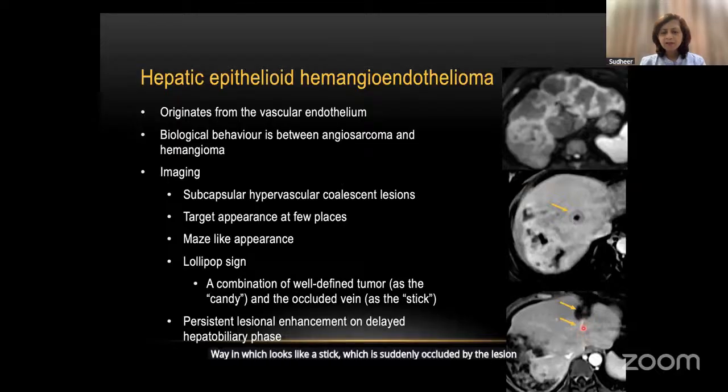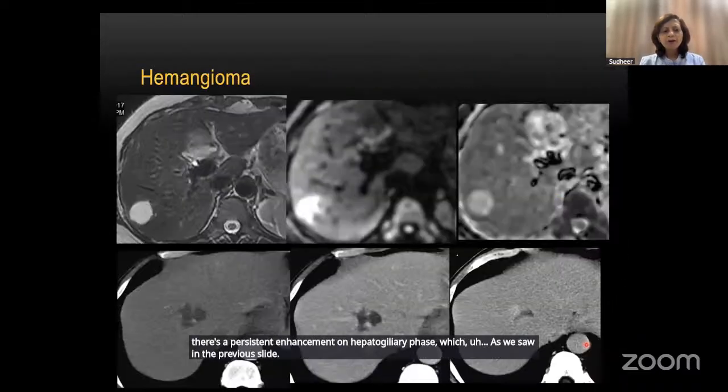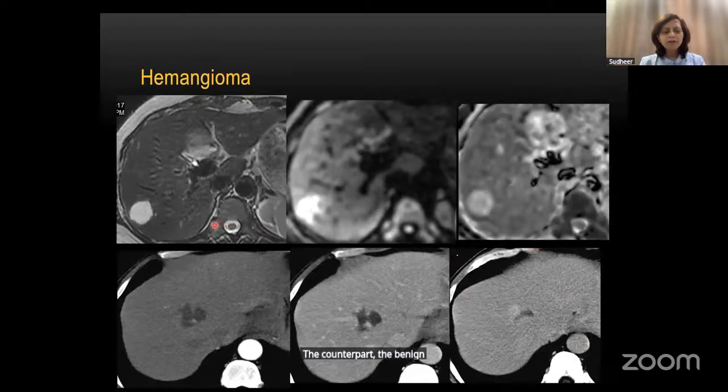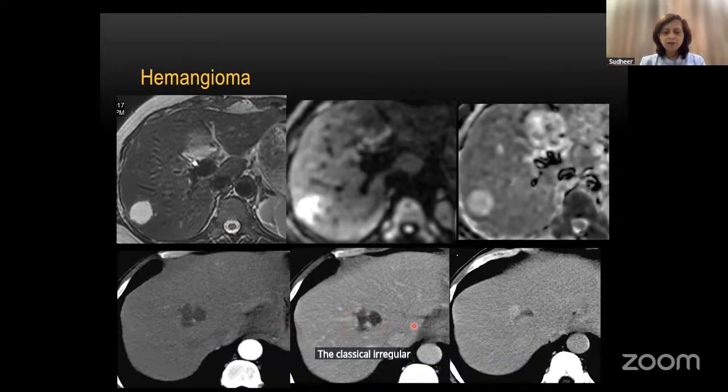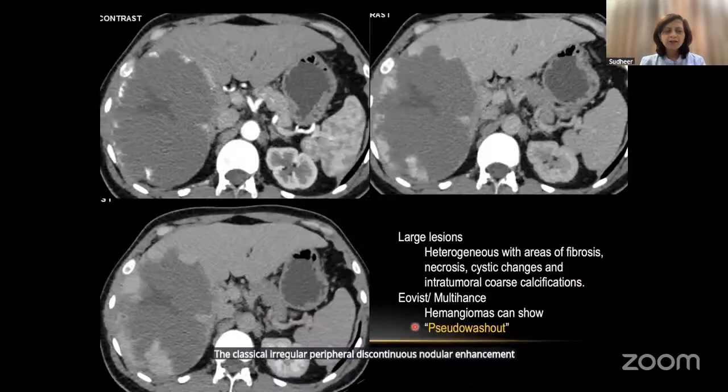And there is a persistent enhancement on hepatobiliary phase, as we saw in the previous slide. The benign counterpart of this entity is the hemangioma, with which we are all very familiar. The characteristic T2 shine-through effect on diffusion-weighted images, the classical irregular peripheral discontinuous nodular enhancement, and the giant hemangioma, which